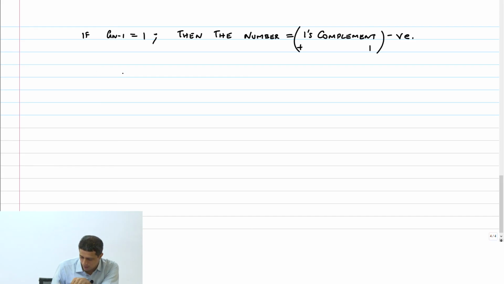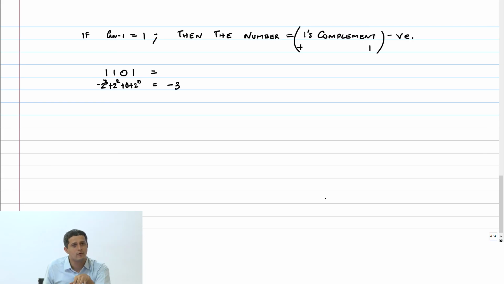For example, if I have the number 1101 and I tell you that this is a 2's complement number, first of all, what is the value of this number? Minus 3. Why is that? Because this is a 4-bit number, so this is minus 2 power 3 plus 2 power 2 plus 0 plus 2 power 0, which is equal to minus 3.